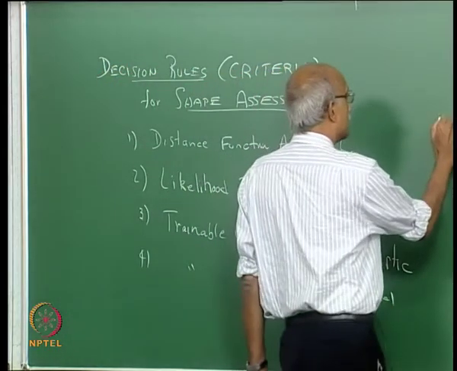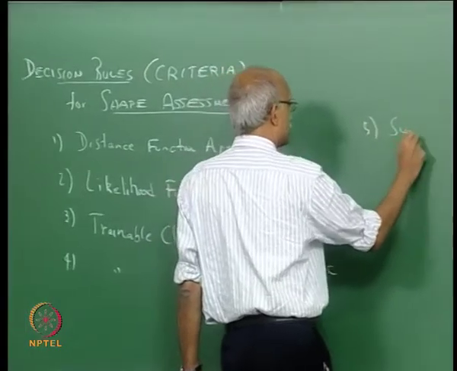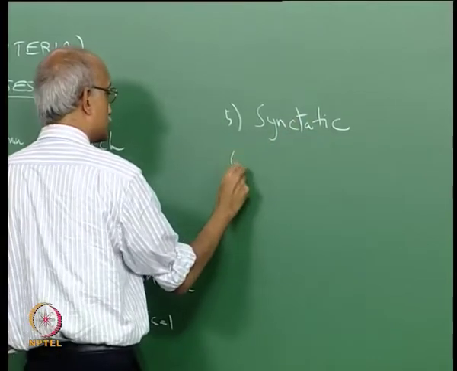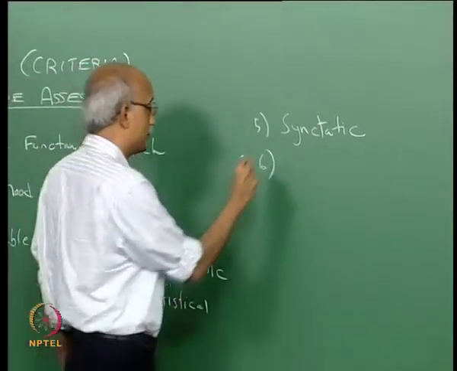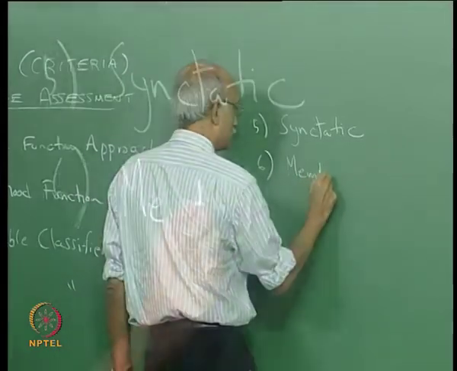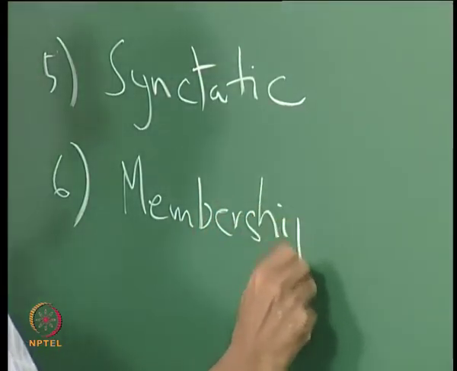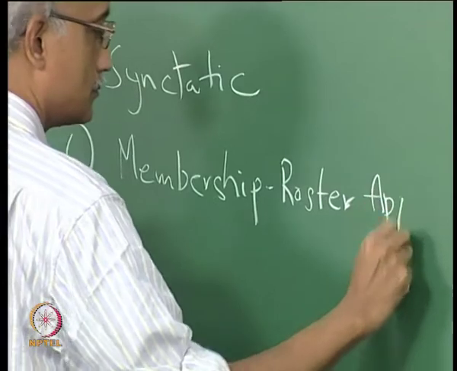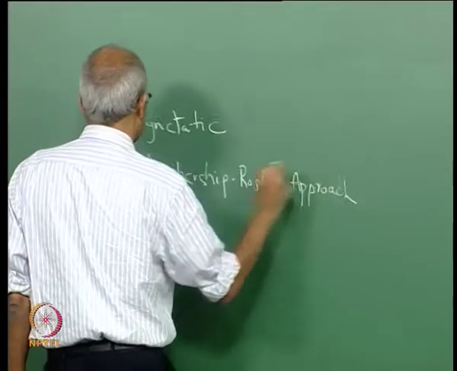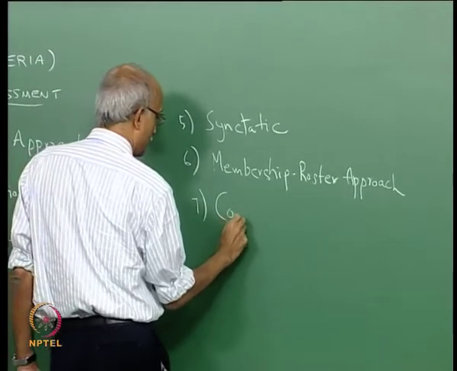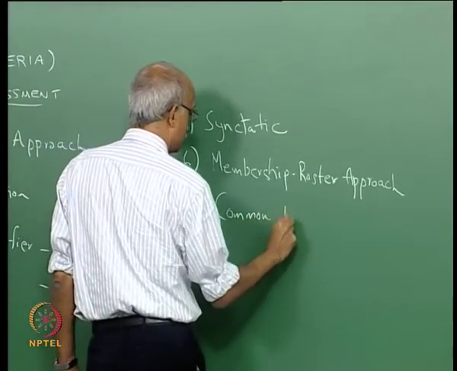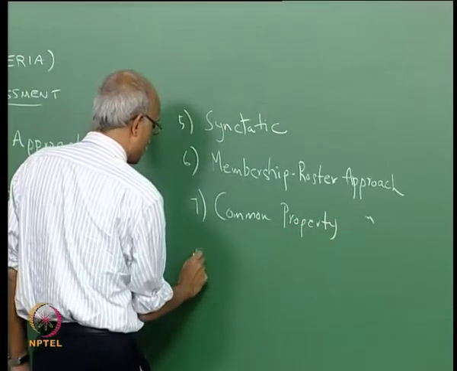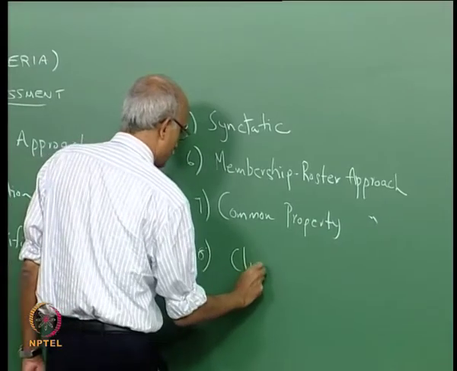The fifth is a syntactic approach. The sixth is the membership roster approach. The seventh is the common property approach, and the last one is the clustering